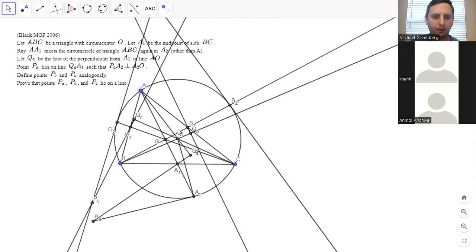Yeah. I'll just keep it like this for now. And then you'll just have to know these two intersect at PB. So this line is PA, PB, and PC lies on the radical axis of the circumcircle ABC, and its 9-point